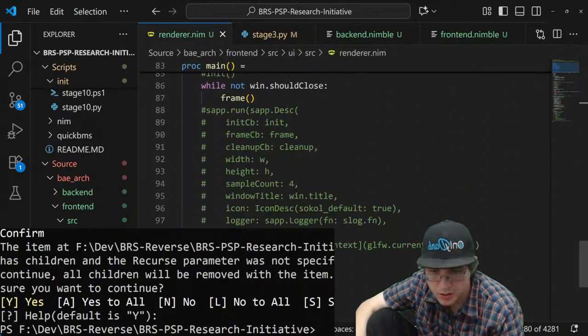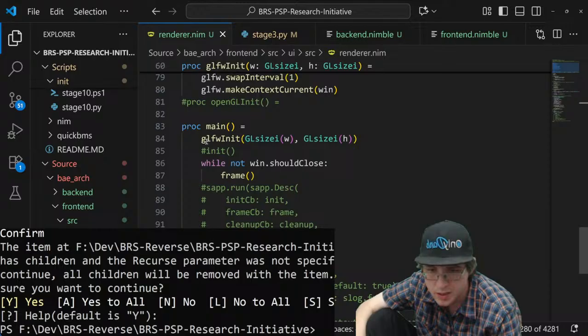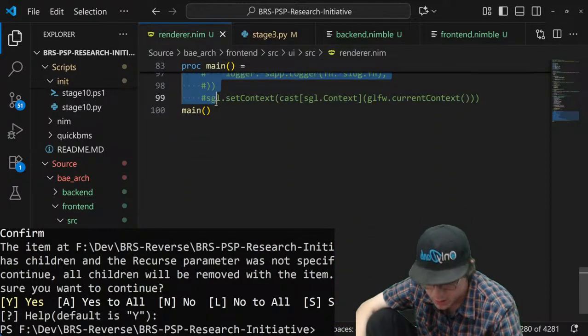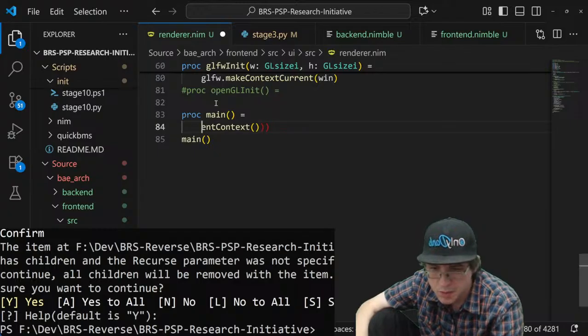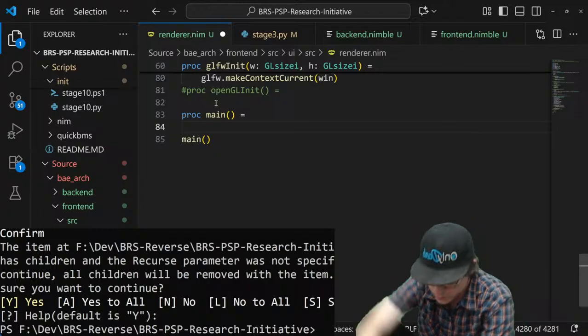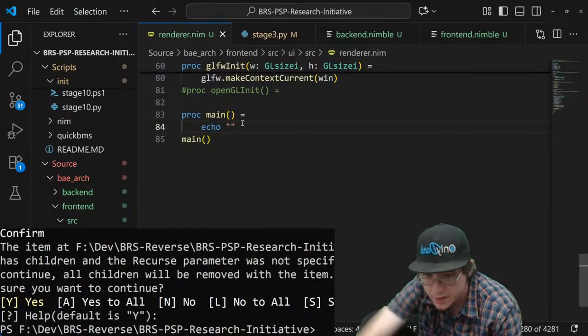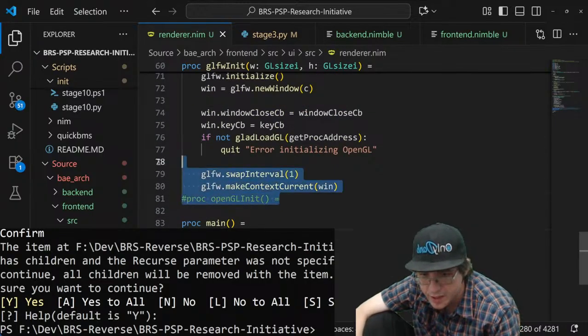So this is going to be main and it's just going to be a go something to take care of any.